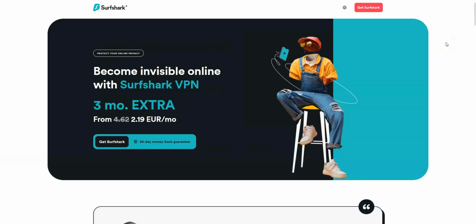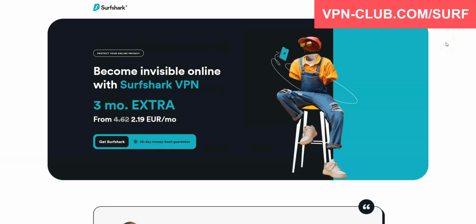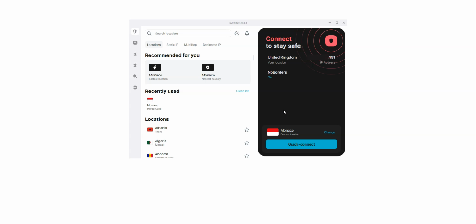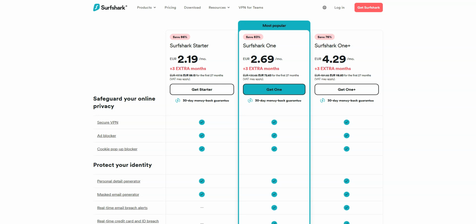Another great VPN to unblock Instagram is Surfshark VPN. Surfshark is another high-quality VPN with over 3,200 servers in 100 countries. Just like NordVPN, Surfshark is available on Windows, macOS, iOS, Android, and so on. You can use it on an unlimited number of devices simultaneously. This is something very few VPN providers offer. Very effective to bypass censorship as well. So, if NordVPN is a bit too expensive for you, I recommend that you get Surfshark instead, as it is a bit more affordable.